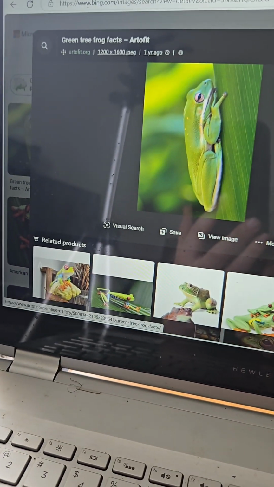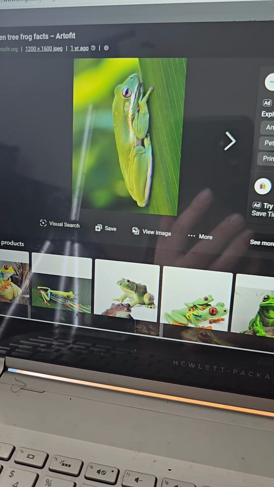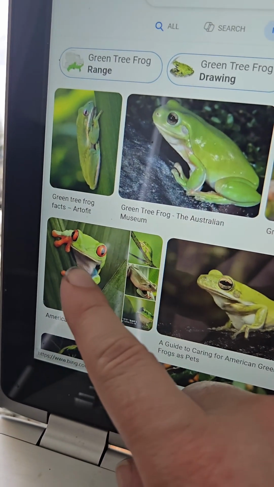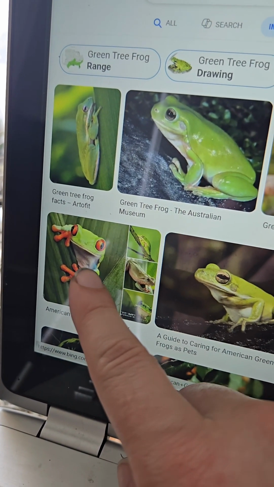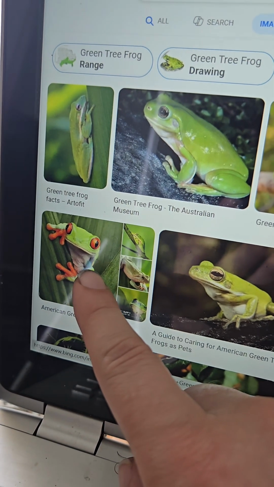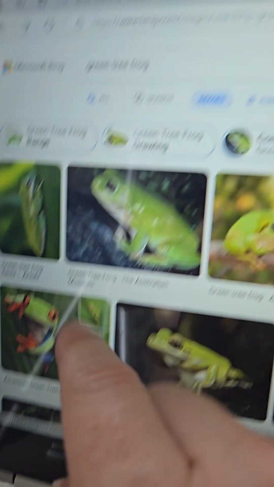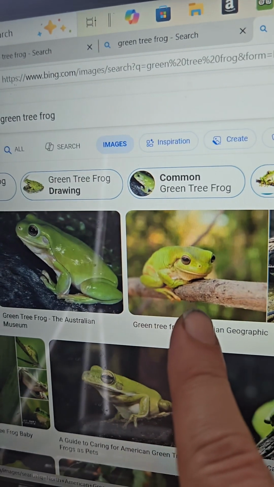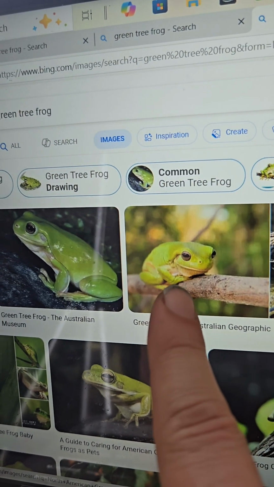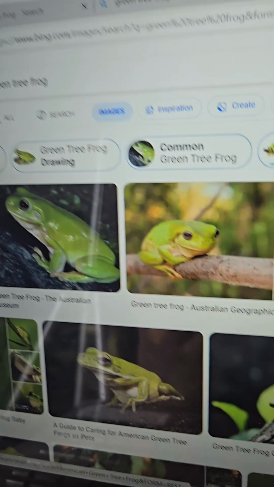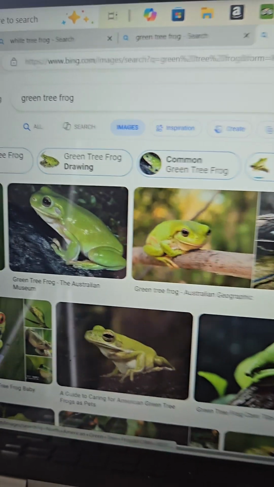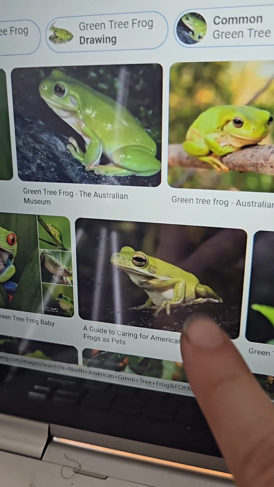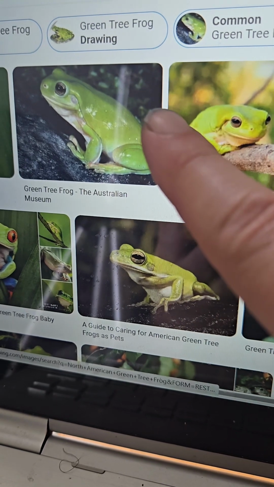There's some other pictures of frogs and stuff, but we're not going to go into those because those are a lot of like red-eye tree frogs and stuff. Yeah, so that's a red-eye right here. That is not a green in any way, shape, or form. It's a tree frog, very similar, same size. Now this is a dumpy whites. Notice how when they are full grown, they actually look whiter and everything. They look a bit bigger. And that is because, yes, in fact, compared to the green tree frog you see here and them, they're double